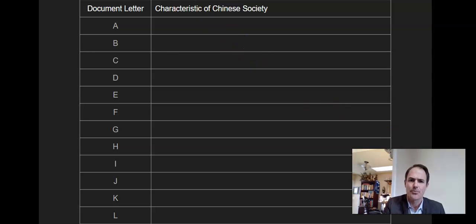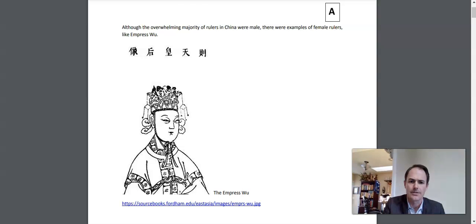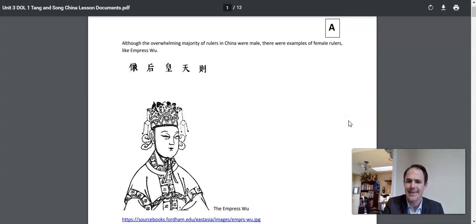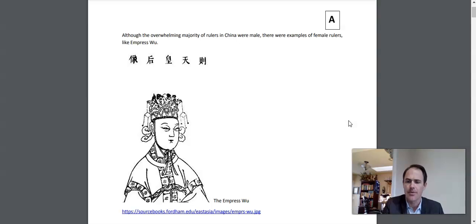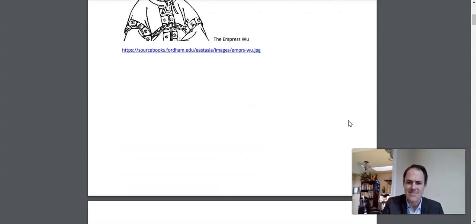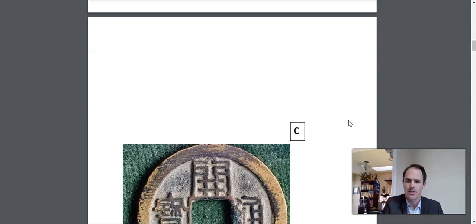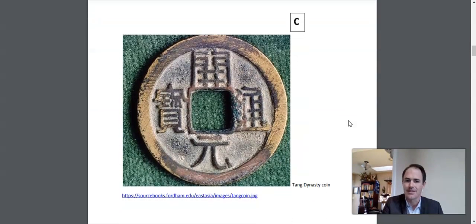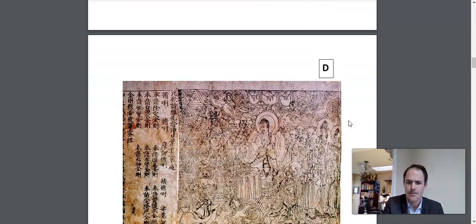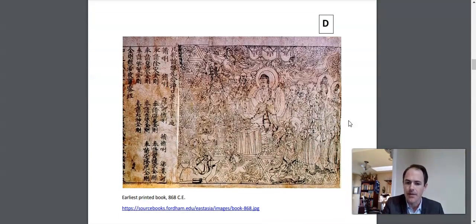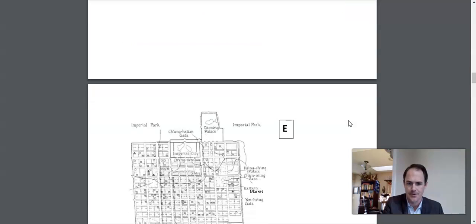So let's preview, like good historians, what they look like. So here we are. They're labeled A through L, and you see it in the top right-hand corner of the letter. We're scrolling through, there's B. So here we go. This is a primary source, right? It is an artifact that was produced during this time. It's an example of paper money. We scroll on, we see, oh, another primary source, a coin from the time period. Okay, we're scrolling on. D, look, another primary source, a printed book from the time period.